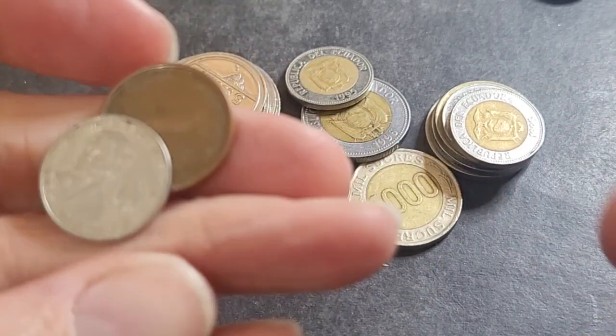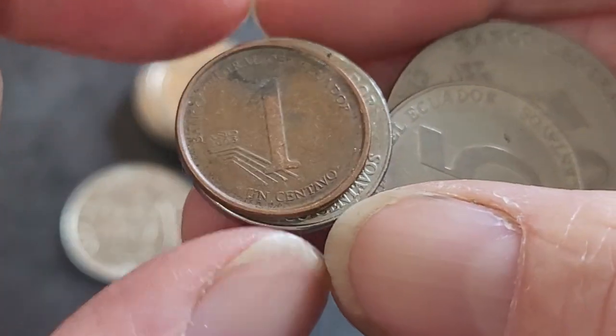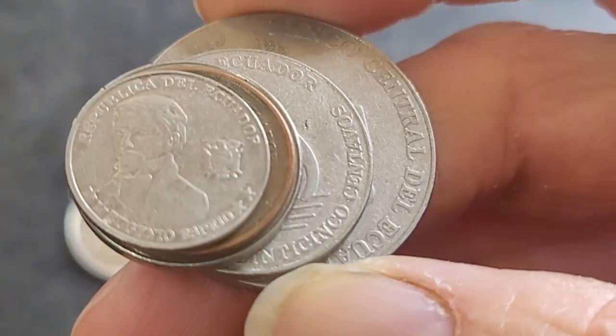So these are my spare coins that I'm gonna flog off. I do have these coins in my collection, but these are coins from Ecuador, and never buy a Samsung